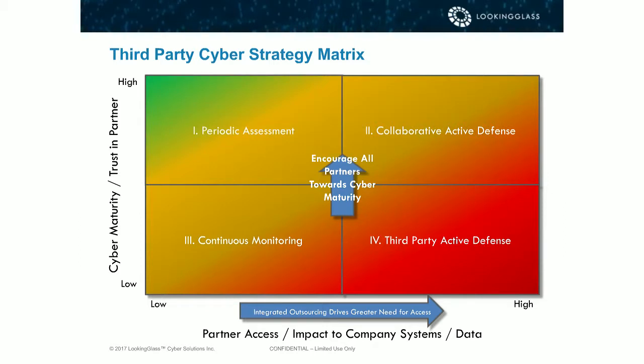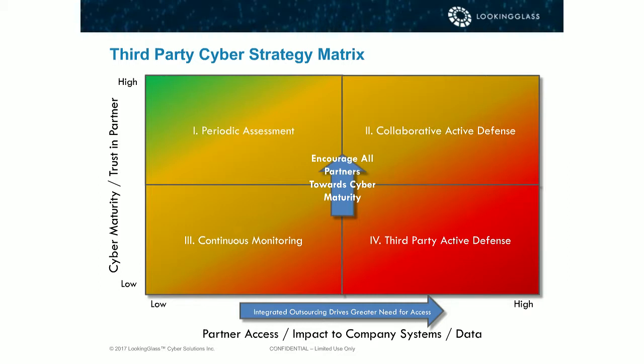As I said, each third party is different, right? They're all unique snowflakes that have some impact on your business operation. Some require access to sensitive systems or data of yours, while others do not. Some of the vendors have mature approaches to managing cybersecurity, while others do not. This matrix really just helps define what level of engagement you should have with your third-party vendors when you interact with them. So obviously it's a generalized framework for allocating your cybersecurity resources amongst the diverse range of supply chain